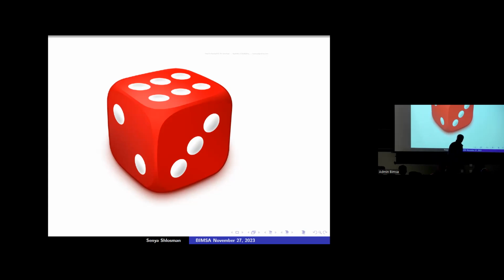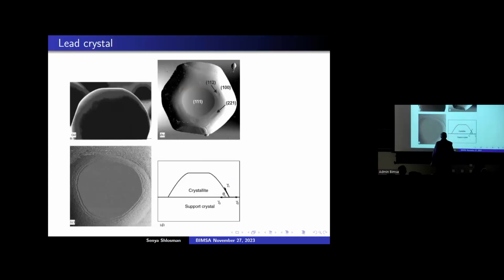And here are some pictures you can find. This is how real crystals look. What I showed you, people call Ising crystal. And those are true crystals. Those are droplets of lead. As you see, it has a facet here, and then a rounded part starts here. This is the top monolayer, and then you have the next one, and so on. And this is a rounded part.